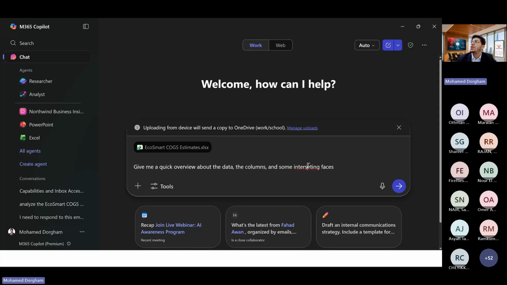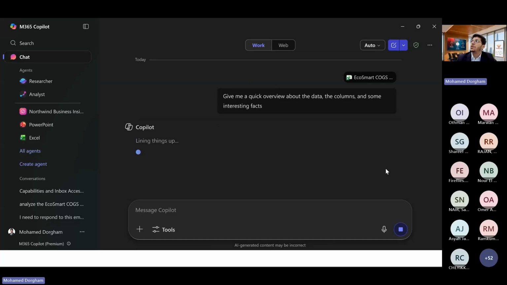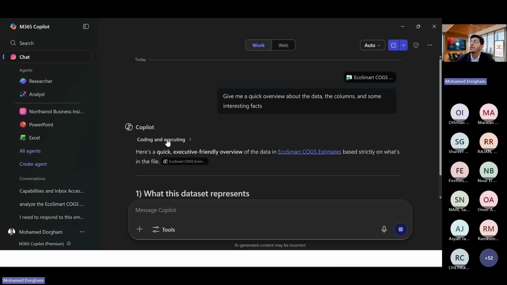Interesting facts. Okay, like this. By the way, this is not the primary prompt. I'm just trying to show you Copilot. And those who are using Google services, you can always think about the same use case, or you can reflect the same use case within your services or within your own use case.